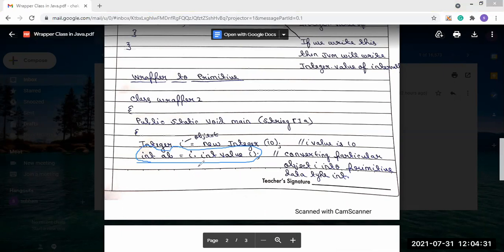Here I am doing it explicitly, but if we write the shorter statement, the compiler will do it directly and internally the same operations will be performed. So this is what autoboxing and unboxing is. Okay.